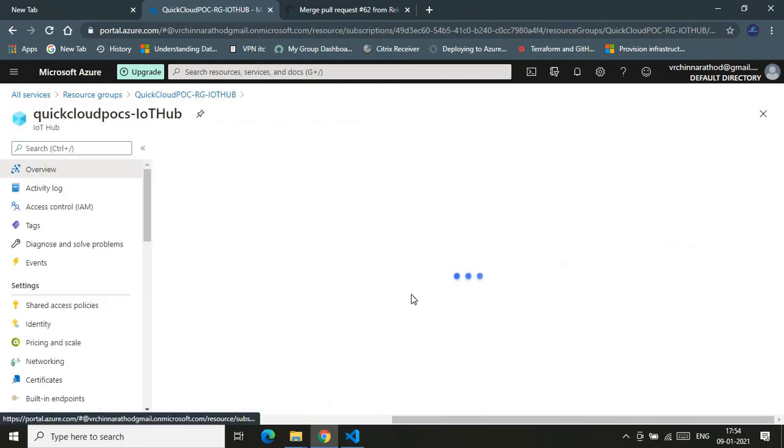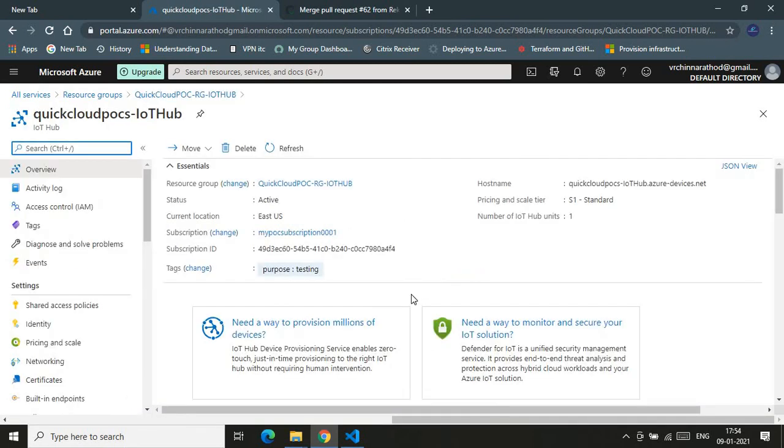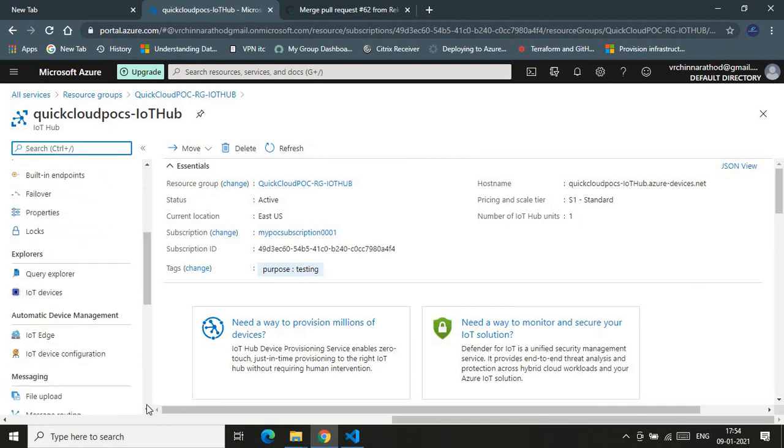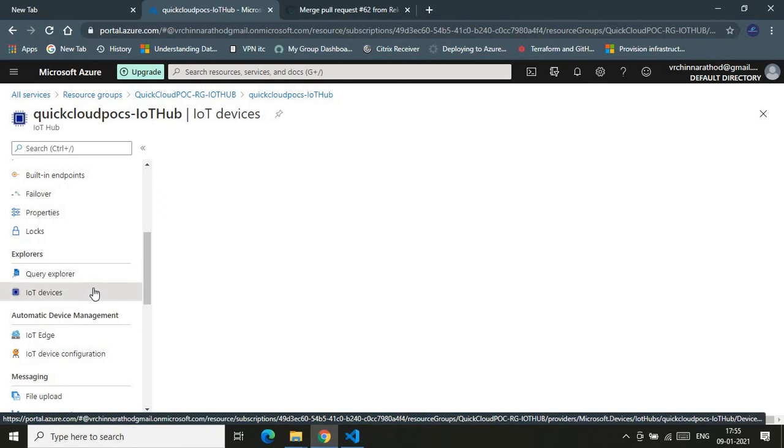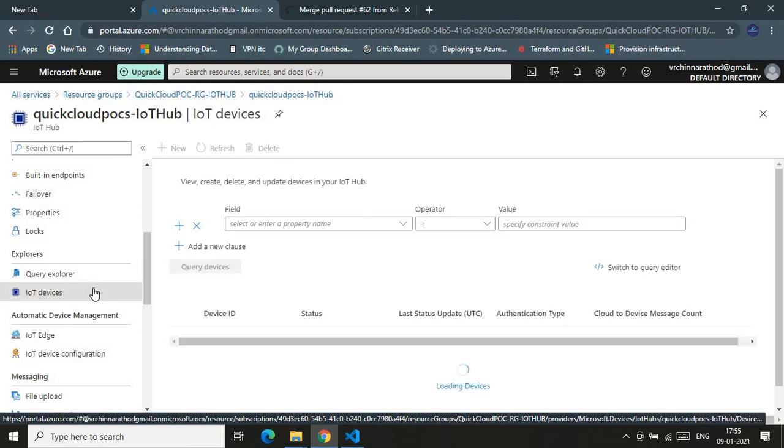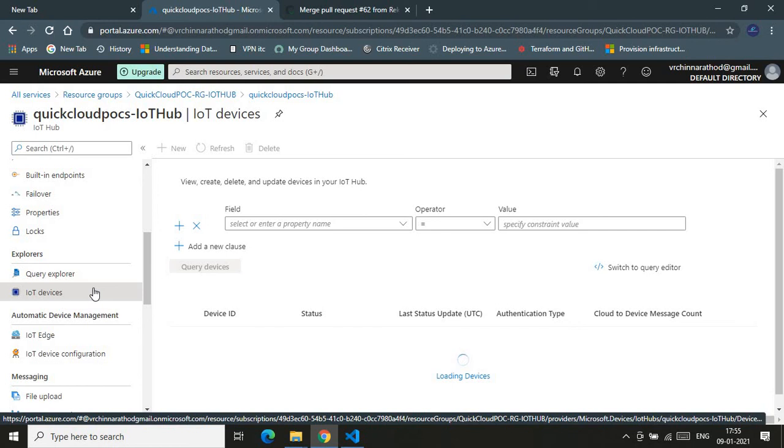So let me wait for 1 minute and show you if the IoT Hub pushes some messages under the created container. Yeah. So let's see if the IoT device has been registered. Some devices have been registered here. So I'm just clicking into it. Okay, I'm just showing you. So we are actually done with our demo, but for the purpose of making you more knowledgeable, I'm just showing you this for your information.